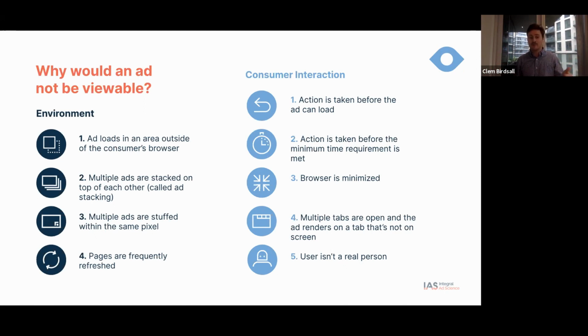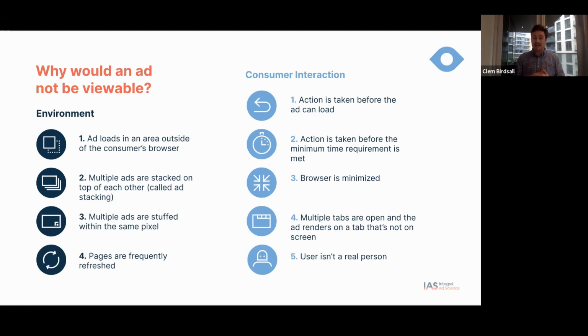If we look at the environment, if the ad loads outside the area, so at the bottom of the page, and the user never scrolls down that far, that ad is not going to be seen. There's a fraudulent practice called ad stacking, where a publisher could deliver 5 different MPUs or 300 by 250s, all stacked one behind the other, and they're delivering 5 impressions for one user appearing on the screen, but impressions 1 to 4 are never seen. It's only the top impression that's seen. So it could be a result of fraudulent activity.